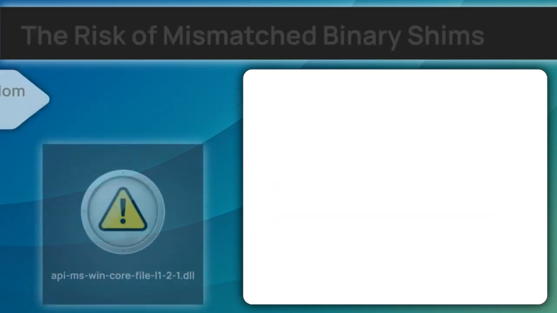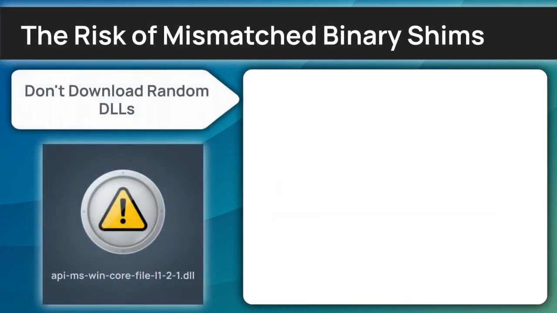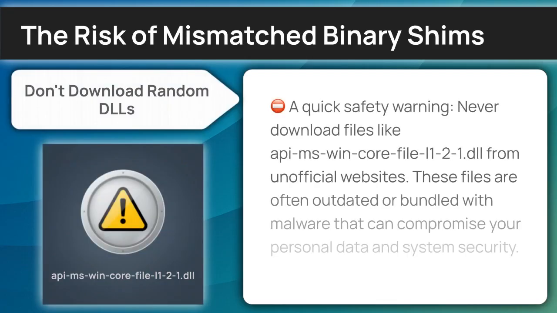Before we finish, let's go over the professional protocol for sourcing essential system libraries. Always prioritize system safety by avoiding manual swaps of the Windows core file API DLL. Downloading individual DLLs from third-party sites is a common way for hackers to inject spyware and ransomware directly into your